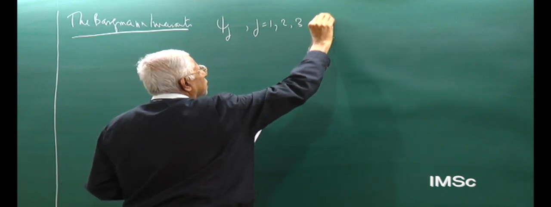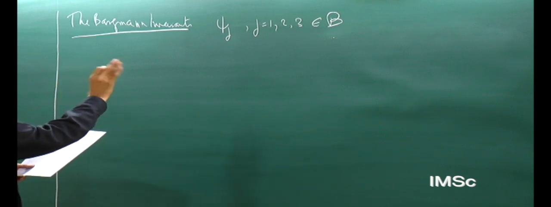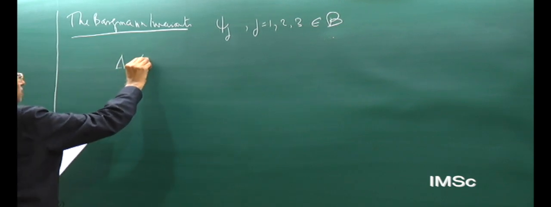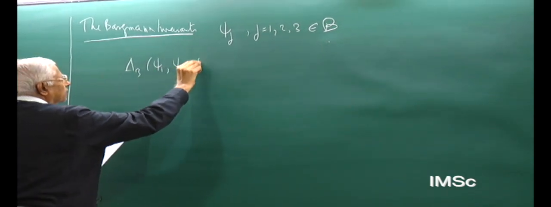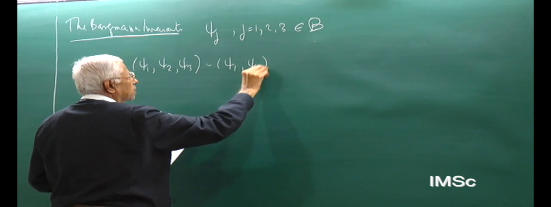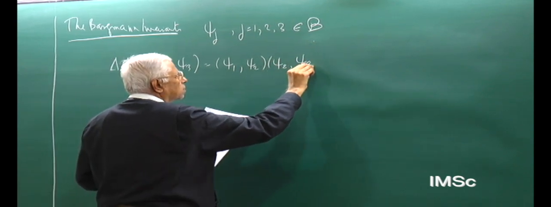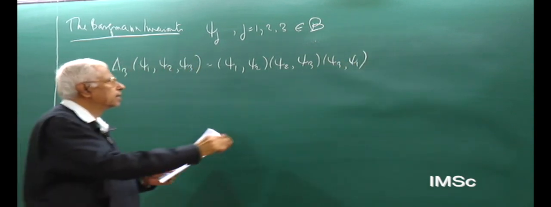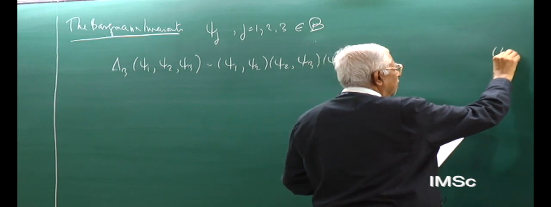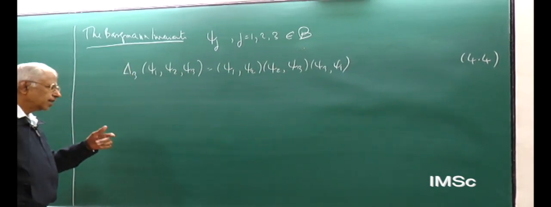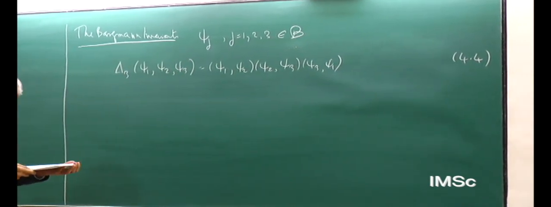You take three generic unit vectors in your Hilbert space and you ensure no two of them are mutually orthogonal, and here is the definition of what is called the third order Bargmann invariant. It is a product of three inner products, Hilbert space inner products. You can see the way in which it is constructed